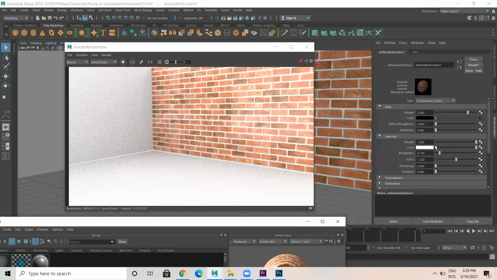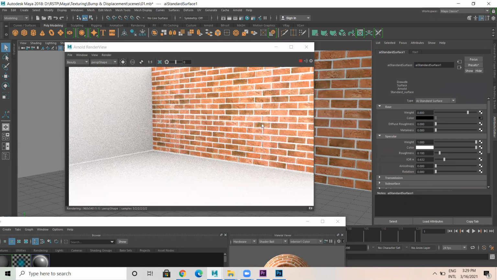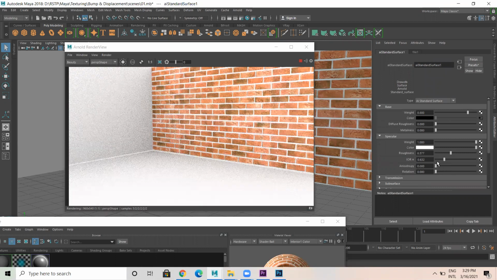And if you see here, there is IOR, index of refraction. You have index of refraction here. Okay. So this index of refraction, reduce this. When you reduce, you see that the specularity is gone and roughness you can increase. Okay. Specularity is gone.